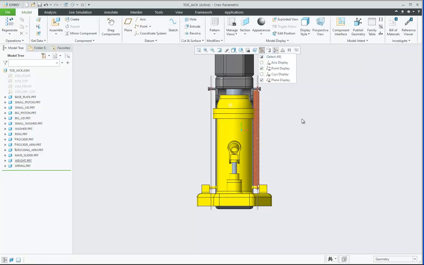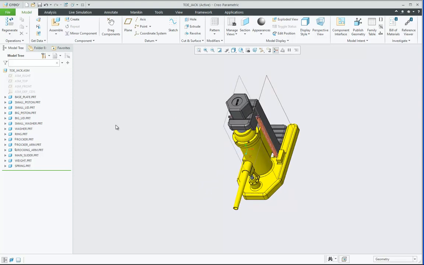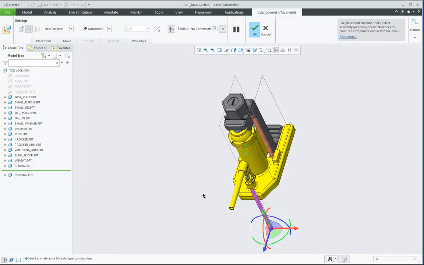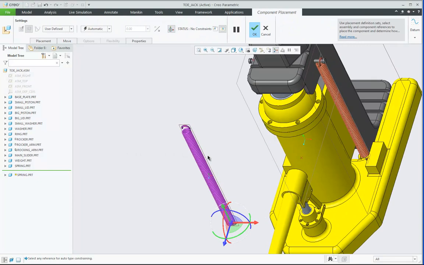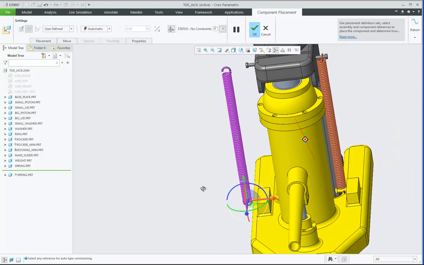Similar thing now I want to make on the other side. Here let us assemble the spring again, and I want to rotate that as per my need.